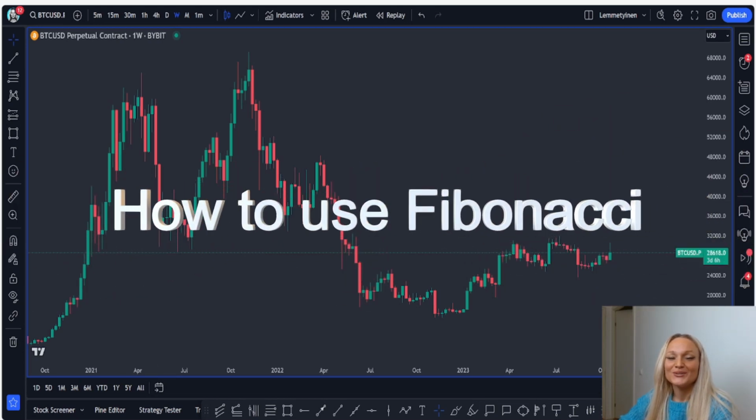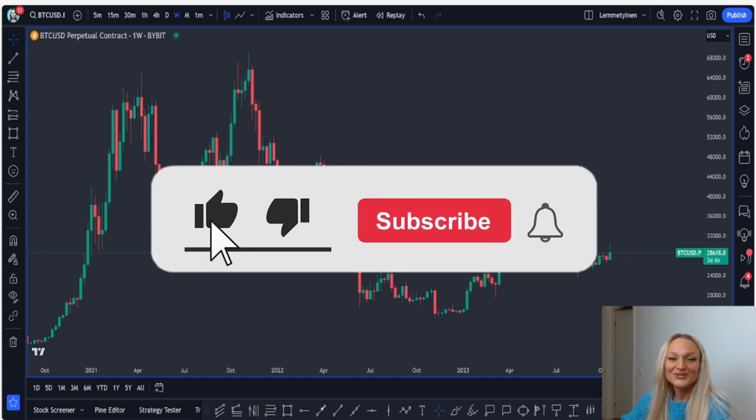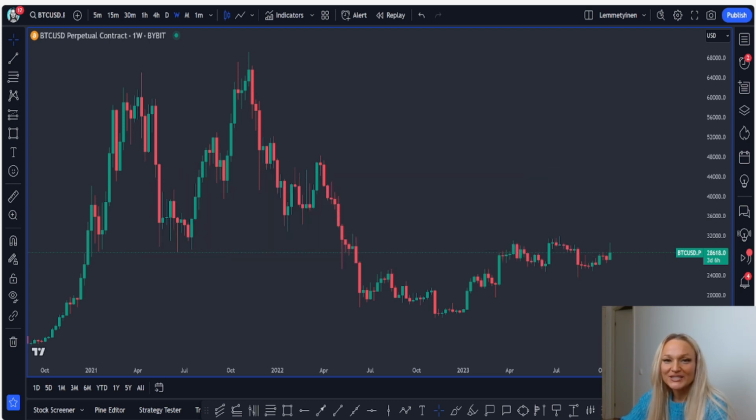My name is Natoshi. So today I'm gonna help you with finding entries on the charts, and I know a lot of you guys do not know how to do that, or you are a little bit confused. Whatever it is, I'm here to help you today because this tool will help you so much. When I figured Fibonacci out, it definitely changed the whole way I'm seeing the market. So when you are looking at this video, make sure to really implement this and backtest this for yourself, because you will see some huge difference in what you're doing in a very positive way. So continue to look at this video and I will break down how you can use Fibonacci to find your